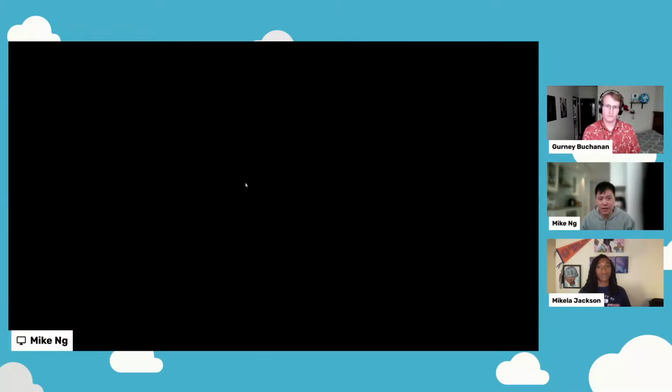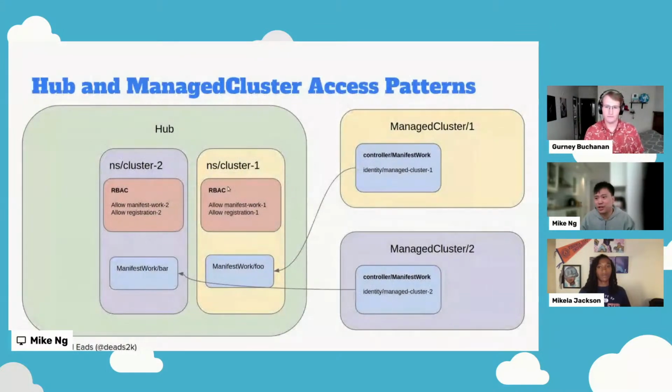We want to avoid the situation where managed cluster one is able to get information from another cluster like managed cluster two, or even modify the status of managed cluster two, because if you allow managed cluster one to modify managed cluster two's status, you can steal all the workload. You say managed cluster two is really busy now, give me all the workload, and that way you can steal contents.